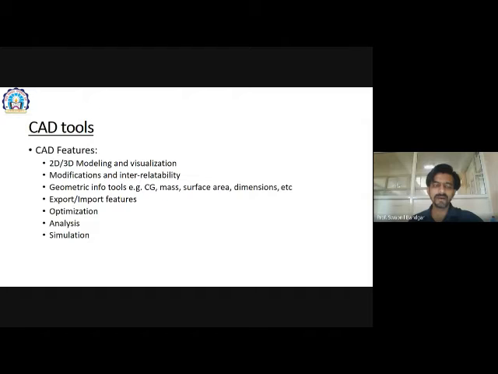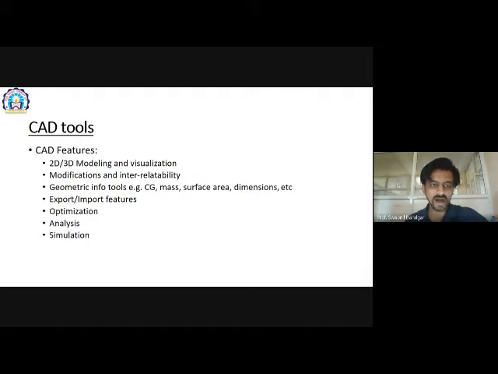So we depend on various CAD tools, and for that we must have the feature of exporting and importing models. As I told in the last lecture, if you want to move a CAD model from one software to another, there are changes in formats. Different software requires different formats to open and operate those models, so we should have export and import features.